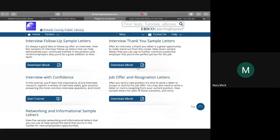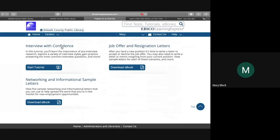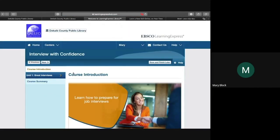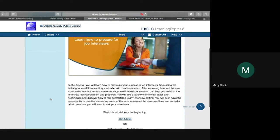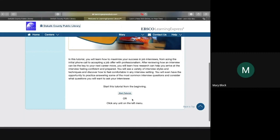And specifically with a thank you letter, a good thank you letter sent after your interview can help make you stand out. So you can use these to just inspire your own letter. And we can go ahead and take a look at the interview with confidence tutorial. And here's what it looks like when you're in a course. It gives you a little information about what you'll learn. You can hit Start Tutorial right here,